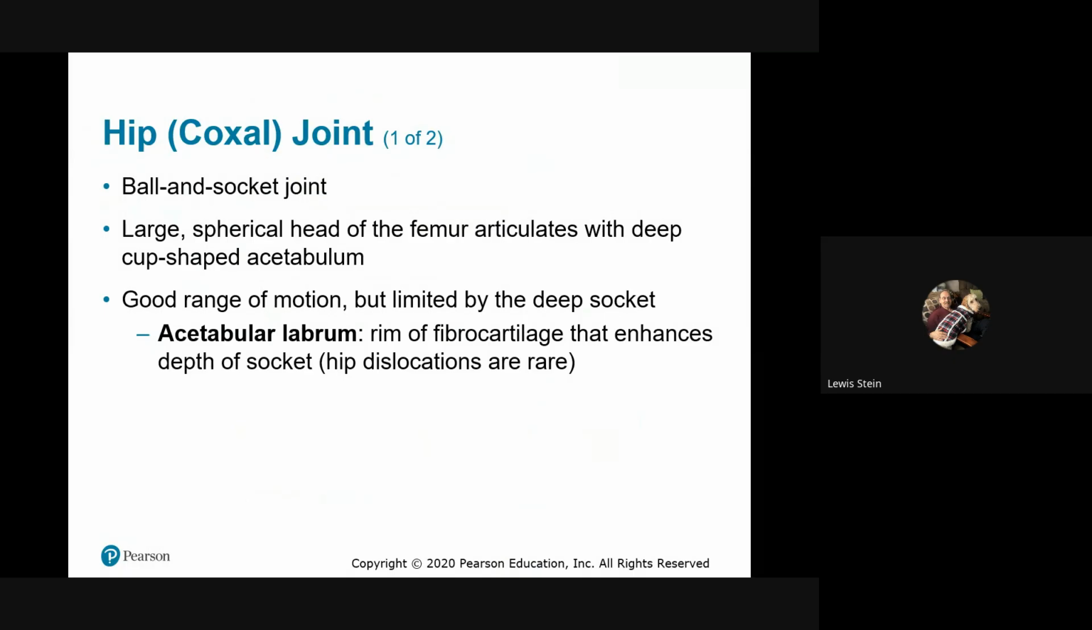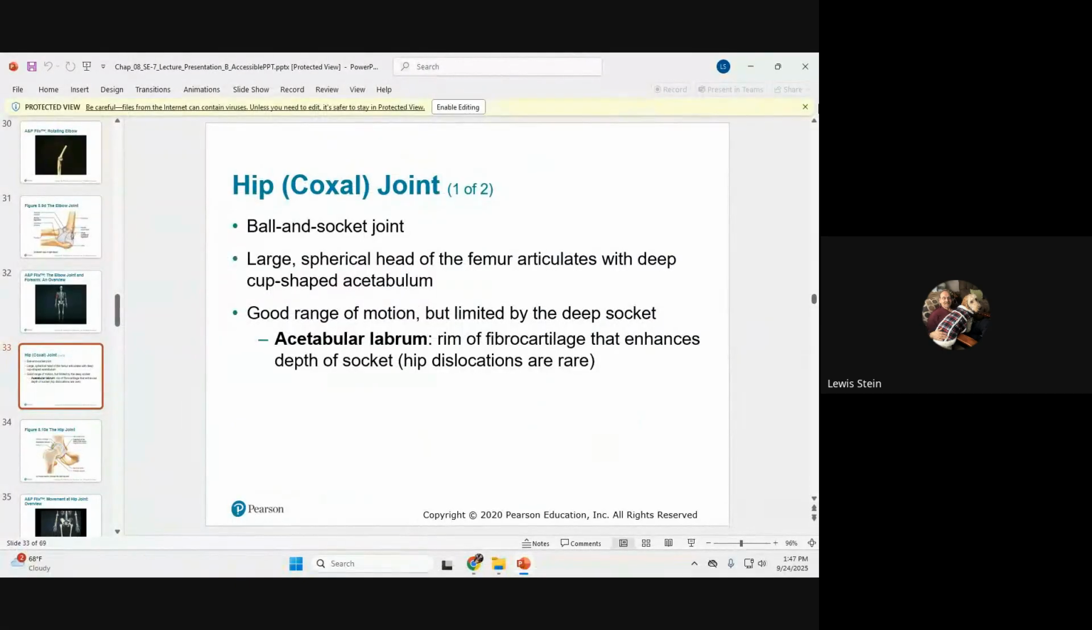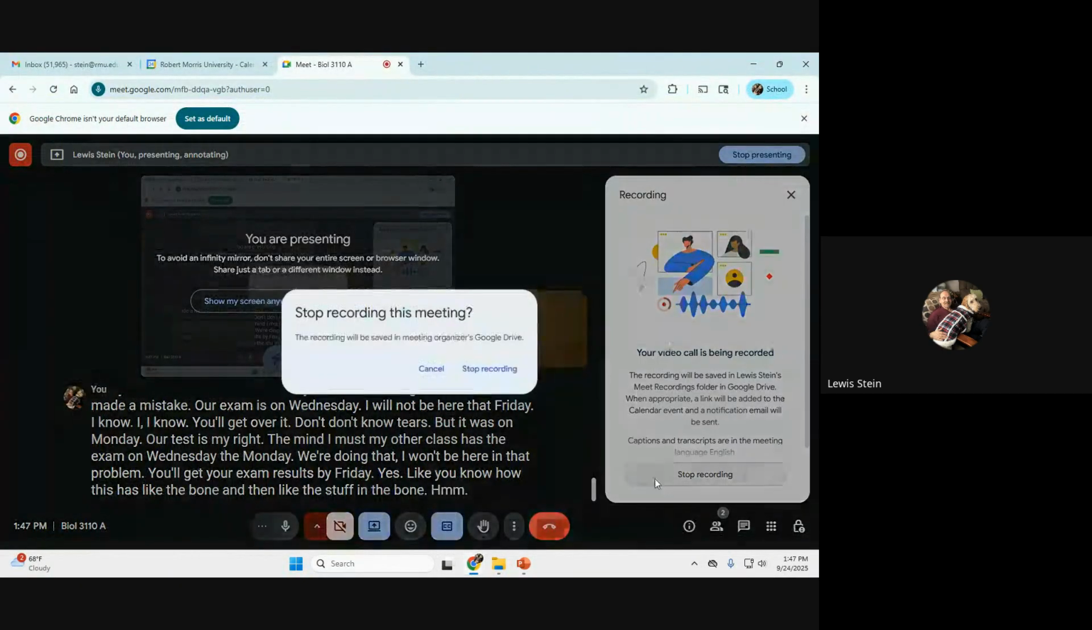So, for the lab exam, you know how this has the bone and then the stuff in the bone? Is it going to be like